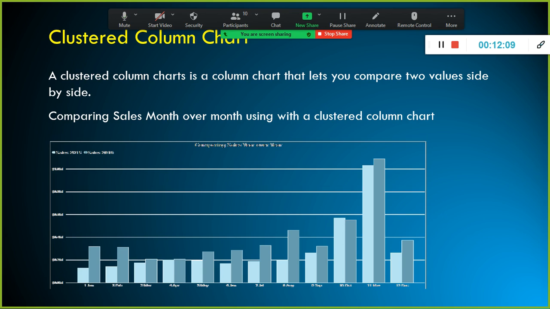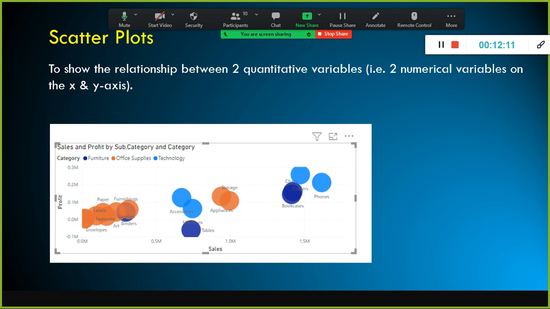Okay. And next one is scatter plot. This is to show the relationship between two quantitative variables, two numerical variables on the x and y axis. For example, in the x axis we have sales, and y axis we have profit. Both of them are quantitative variables, which is nothing but numerical variables.